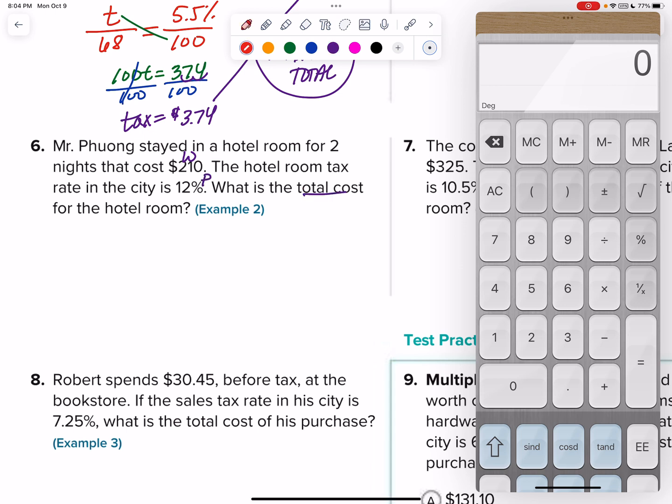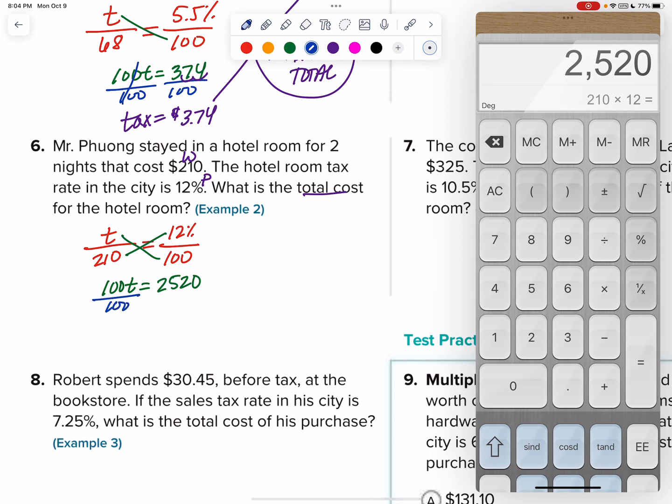Let's go ahead and set up your proportion. Tax, we don't know. We know the subtotal cost right now is $210. We know the tax is 12%, and it's always over 100. Let's go ahead and do your cross multiplying, means extremes. So we have 100t equals 210 times 12, which is 2,520. Isolate the variable. It's t times 100, so I'm going to divide 100 to both sides. Cross that out like I always do, and I have a tax of